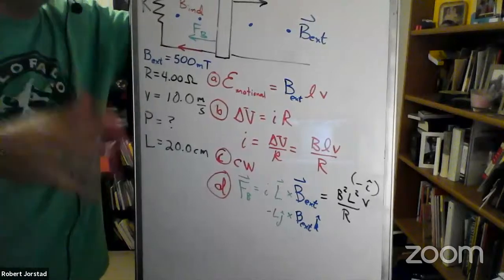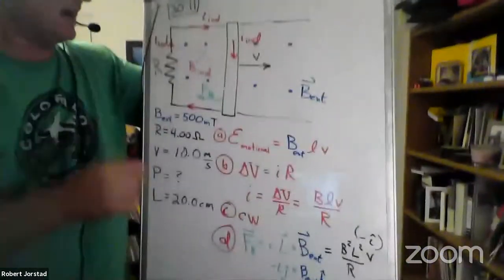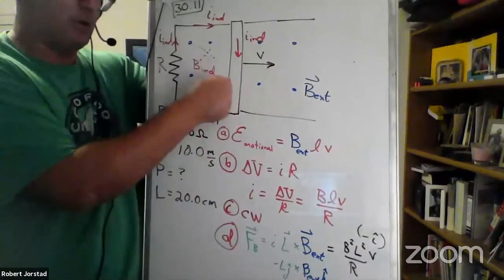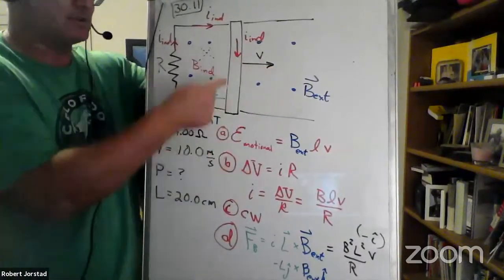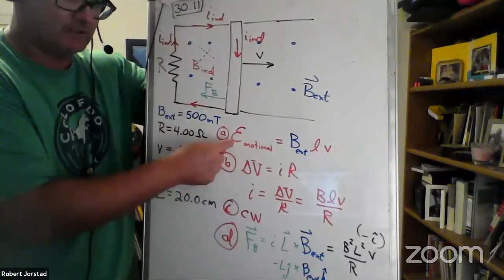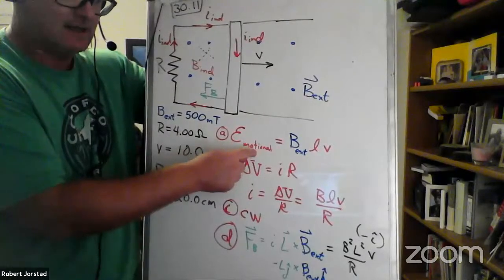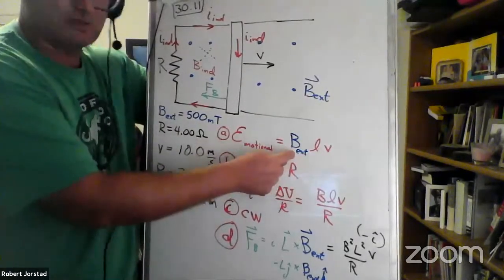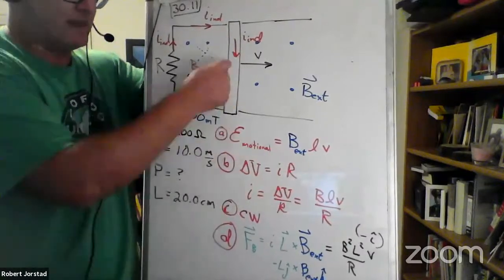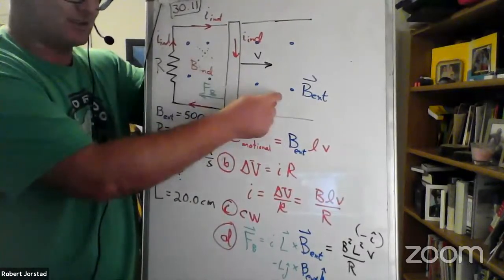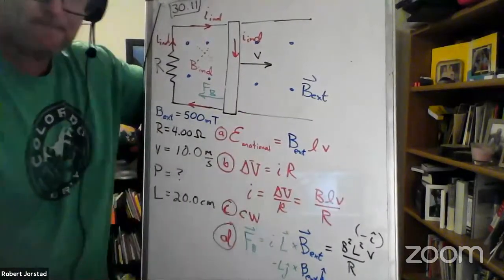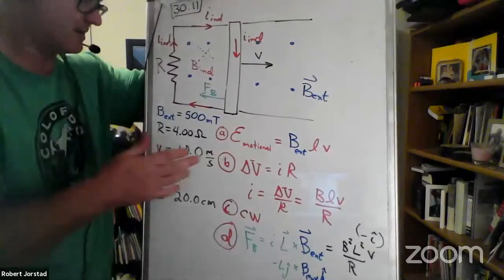So again, let's play this back. The idea is there's no battery in the circuit. I'm going to pull this rod to the right. When I pull the rod to the right, I induce a current. The EMF, or the voltage associated with the moving rod, is given by this equation where this was B perpendicular to the rod. That voltage causes the current. Well, now there's a current in the presence of an external field, which feels a force. That force is given by I L B. And there's some sine 90 maybe and some other problems, but